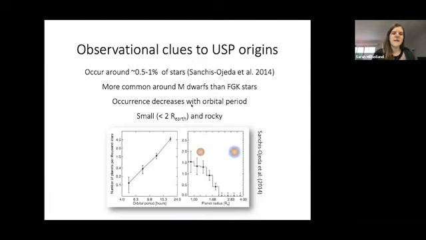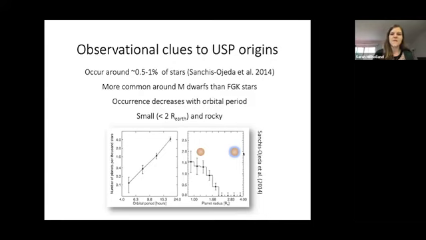And their occurrence rate goes down with the orbital period, as you can see in this occurrence rate plot to the left. And finally, they're almost always pretty small planets, smaller than about 2 Earth radii. Their compositions are consistent with being fairly rocky, Earth-like compositions. So this suggests that if the planets were born with any amount of atmospheric envelope of hydrogen and helium, then they likely lost those envelopes due to the immense amount of stellar irradiation they're receiving on their